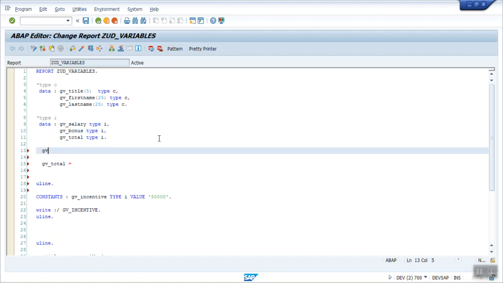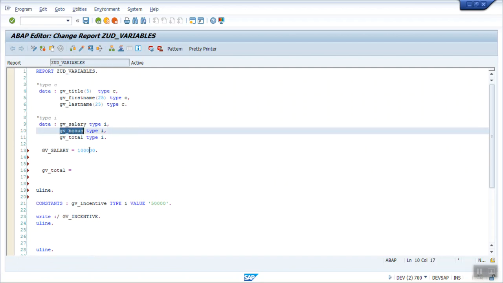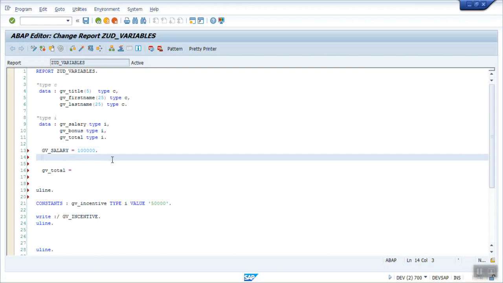Okay, so let's say my GV underscore salary equals to 1 lakh. Okay, now I want to calculate the bonus. That will be 10% of this amount. So here we will use the arithmetic operation, that is multiplication.